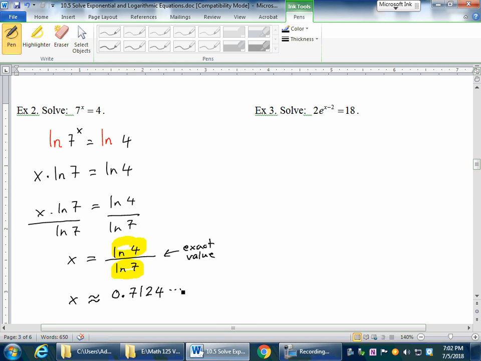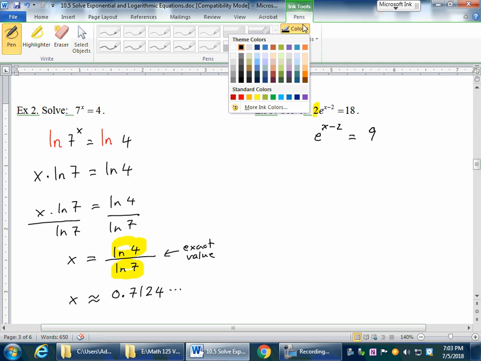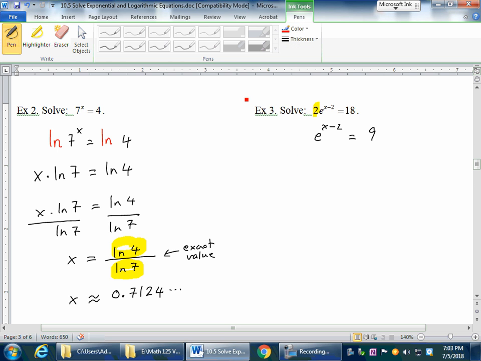18 as base e. However, the first thing that you need to do is always have a single exponential by itself. That means I need to get rid of this factor 2. So divide both sides by 2. So e to the x minus 2 is equal to 9. Now we're going to take the ln on both sides. So ln of